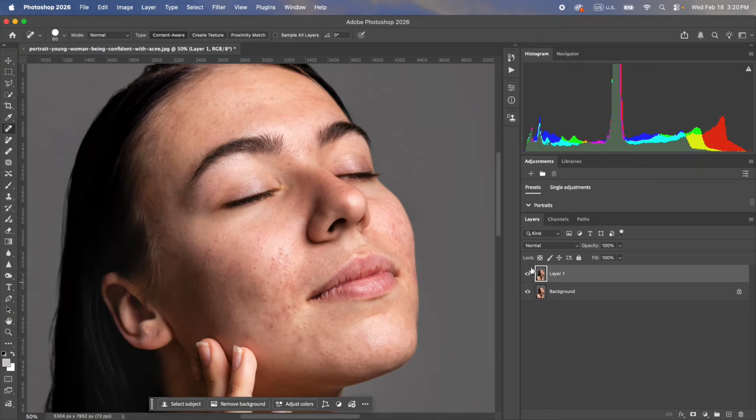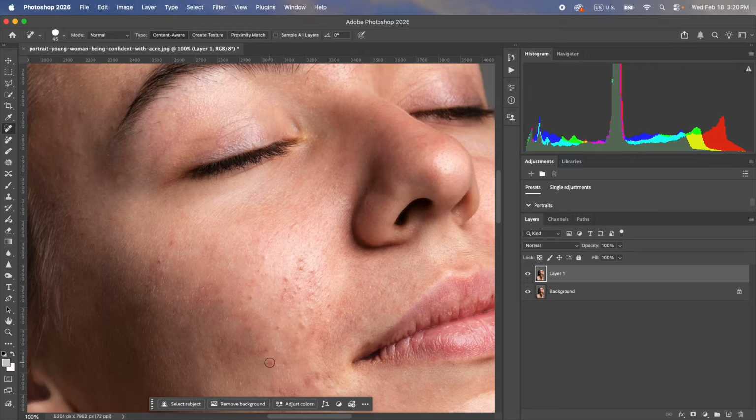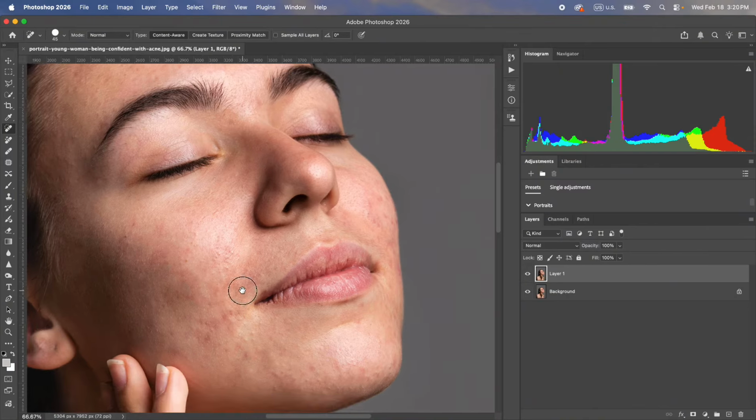We can see before and after. We can also remove some of these. Okay, now